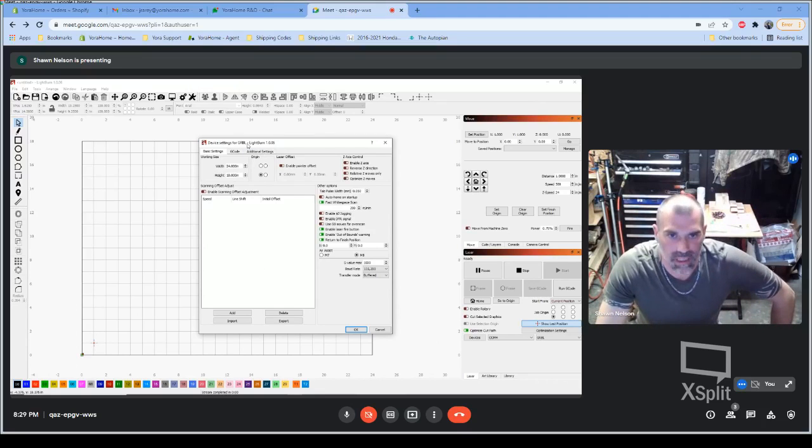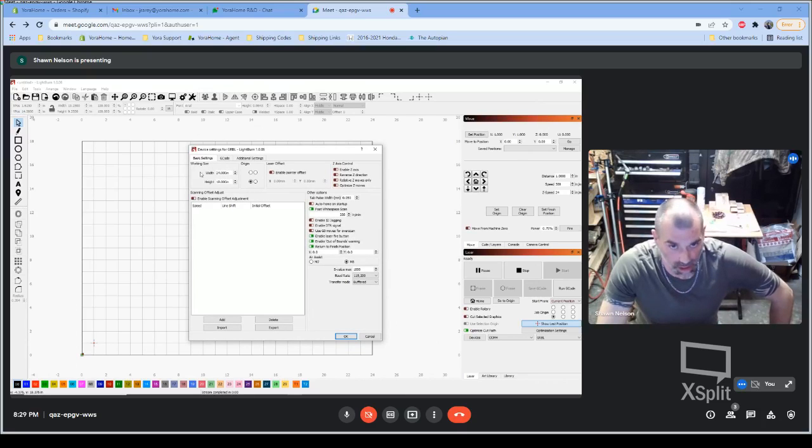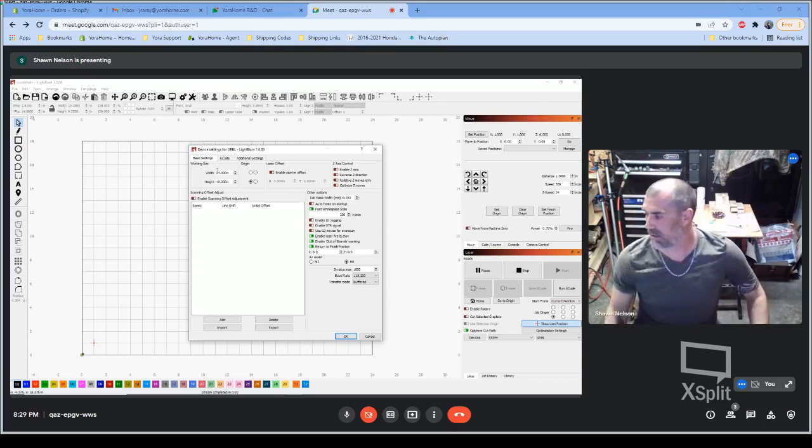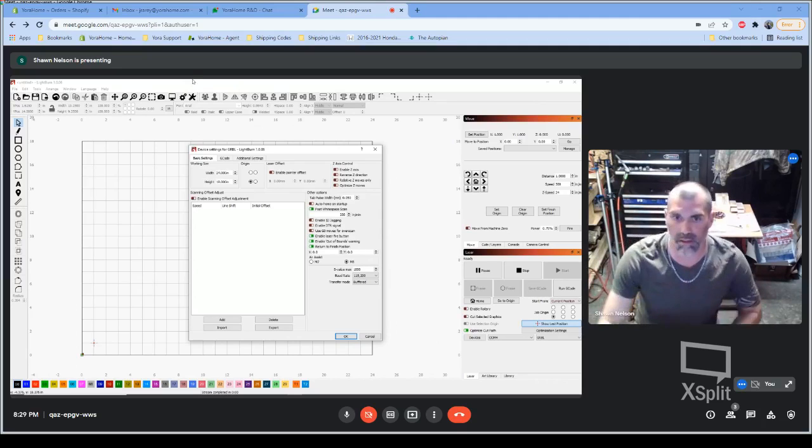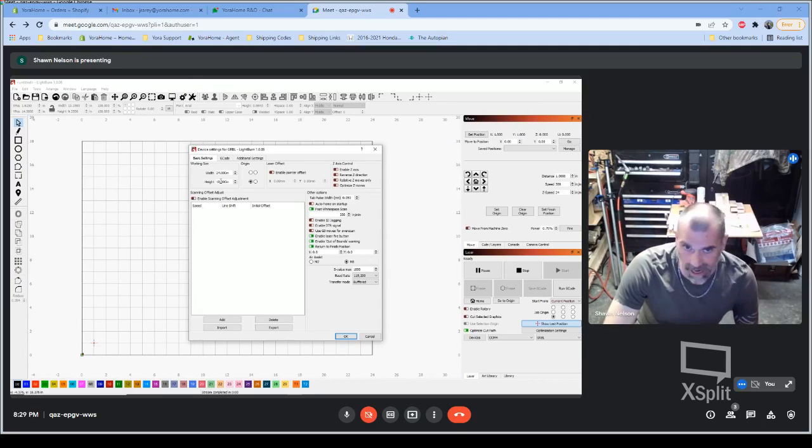So this is your device settings. This is where you're going to set your origin points. You can change the widths and dimensions of your bed. My bed's a little smaller than what you can actually get, just because I got all the fancy additions to it, which makes my working space just a little smaller. It's actually smaller than what I have indicated in my height and width, but that's just so when I do center it for my camera, I can just use the mat and center my piece and do my thing. But apart from that, it's about 23.5 by 17 with what I have in accessories on my